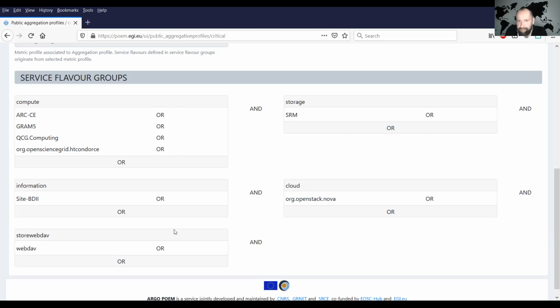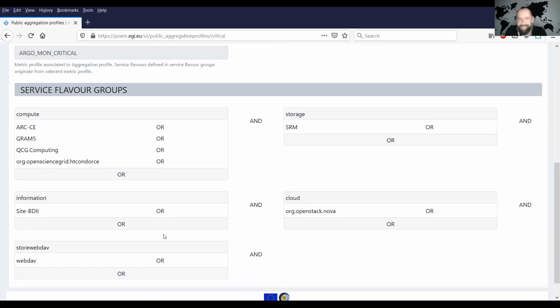Unfortunately, these other groups only have one service type, so I cannot explain that there. But in case, for example, you have a portal, and then let's say Confluence, you can put the portal, Confluence, and help desk, for example. In that particular case, you could say, these are my tools, you could call it the tools group. And I care about all of them, and I would say that the tools group is available only if all of them are available, and in that case you would change this OR to an AND.